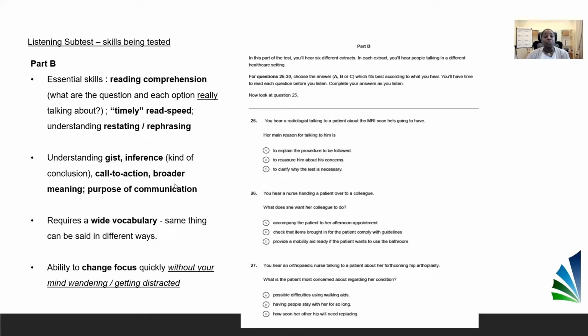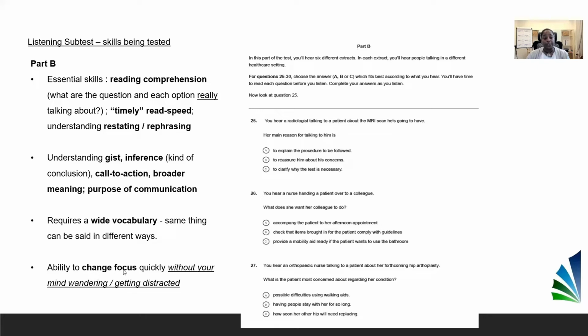And also the purpose of the communication. Why are they talking? Is it to inform? Is it to warn? Is it to advise? Is it to suggest? What? And again, therefore, because of all of this, you need a wide vocabulary, because the same thing can be said